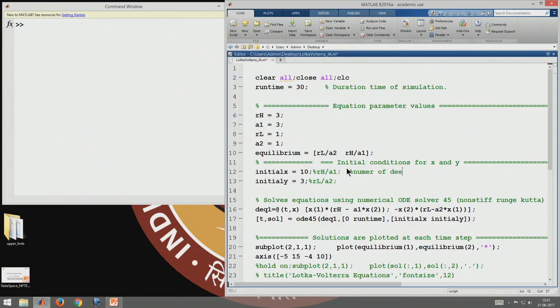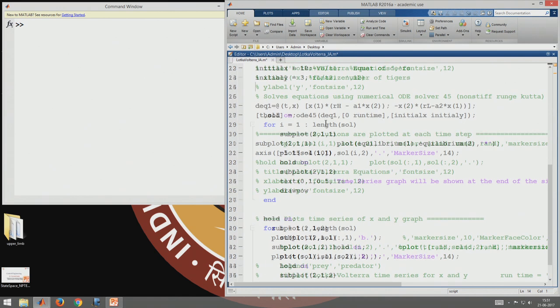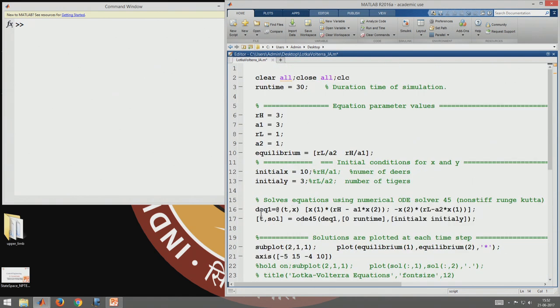This is the number of deers, and this is the number of tigers. And the initial condition, we usually assume that the number of deers is much larger than the number of tigers, right. Otherwise, all the deers will die, eventually tigers will starve, they will also die, but that really does not happen in most ecological conditions. So, number of deers is more than number of tigers as an initial condition,